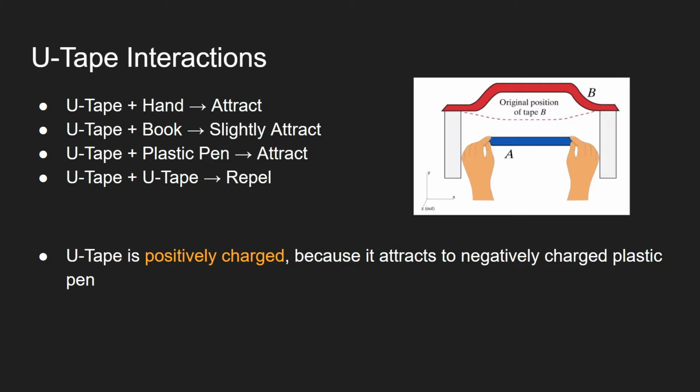So these are the U-tape interactions that I've experimented with, and when U-tape is placed close to hand, it attracts. And when it's placed close to neutral objects like a book, it still slightly attracts. And when it was placed close to a negatively charged plastic pen, it still attracted. And lastly, when a U-tape was placed close to another U-tape, it repelled because they have same charges, and so same charges repel. From this, we can say the U-tape is positively charged because it attracts to negatively charged plastic